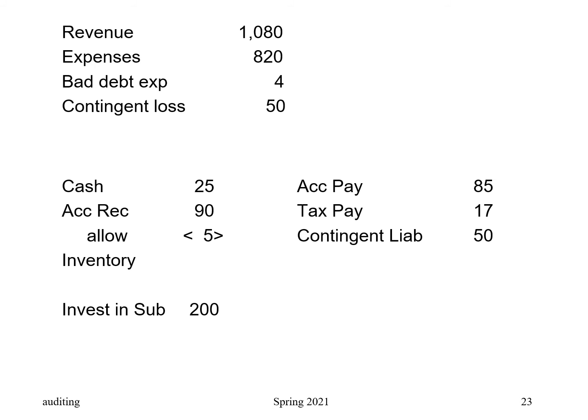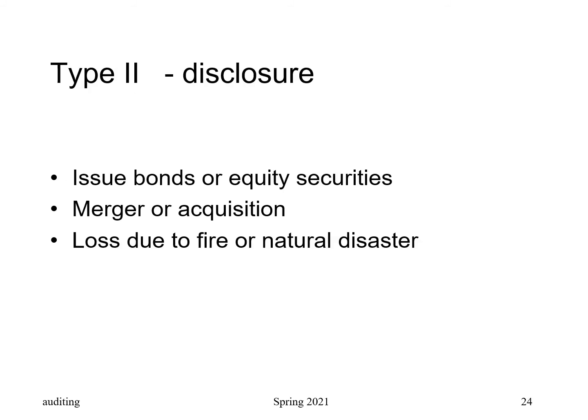They've got a contingent liability on the books for $50. It's a lawsuit. And then sometime in early January, they sell the lawsuit for $55. Oh, okay. Go ahead and adjust the balance and the liability on the financial statements. Okay, so those are examples of type 1 where we go ahead and book the entry and adjust the financial statements. Type 2 disclosures are subsequent events.